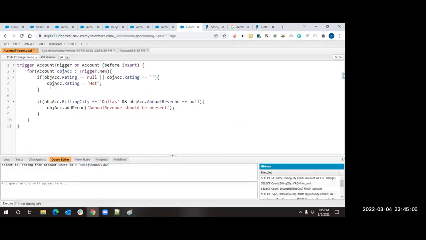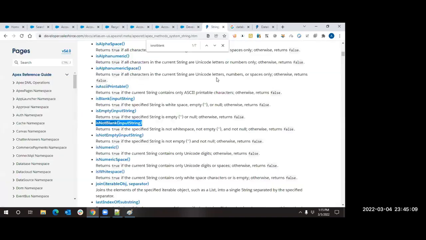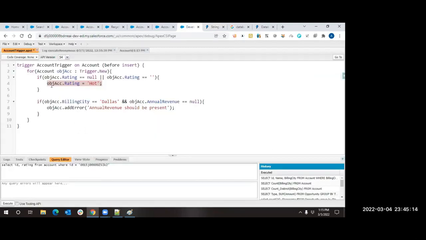For my requirement, I want this to happen if it is blank. So for this, I have a method called isBlank. Just say isBlank and provide the field name. But isBlank is a method present in which class? It is present in the String class. So you have to say